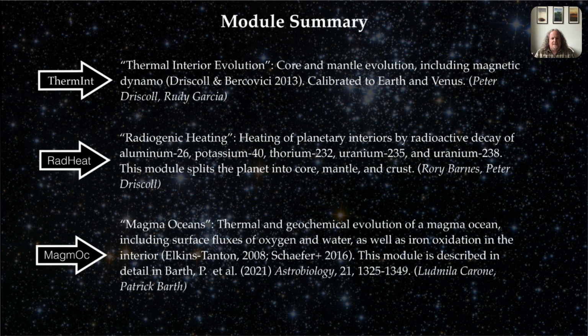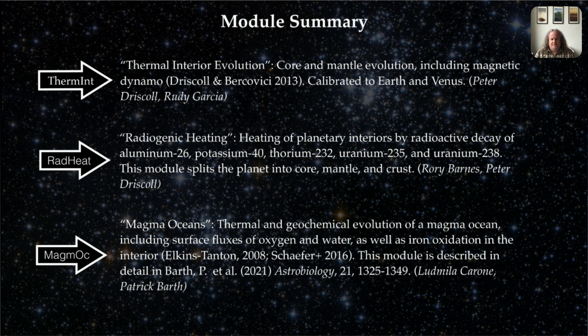Next up is MAGMOC, which simulates the thermal and geochemical evolution of the magma ocean, including the surface fluxes of oxygen and water, as well as the oxidation of iron in the interior. MAGMOC is largely a mixture of the Elkins-Tanton 2008 and Schaefer et al. 2016 models. Note, this module was not part of the original VPLanet package and is instead described in this paper